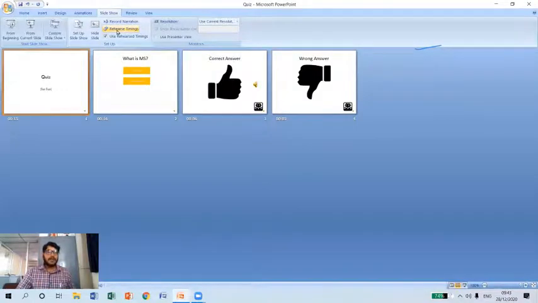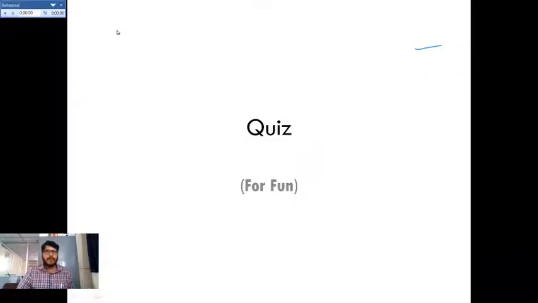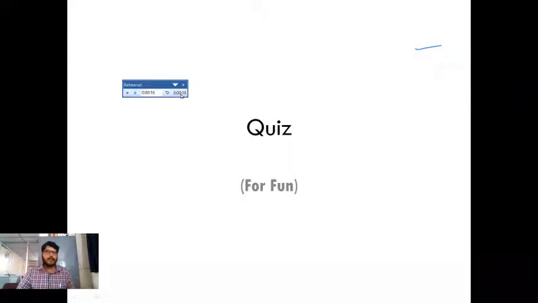Let me show you how it will be done. Now I'm going to click on the Rehearse Timings option here. As you can see, this is the rehearsal timing. This is the current slide timing, and this is the overall timing we are going to consume for the presentation.